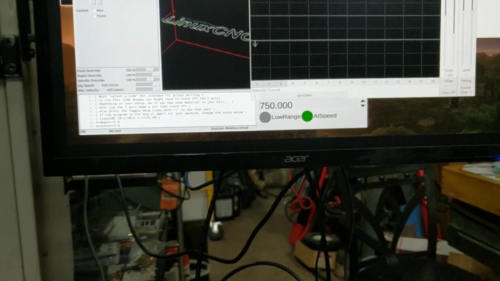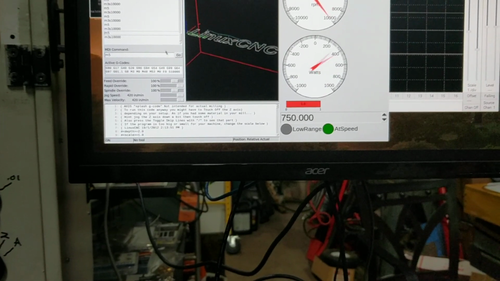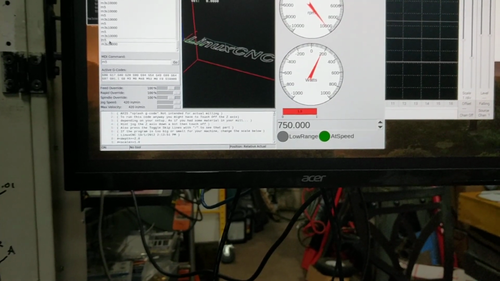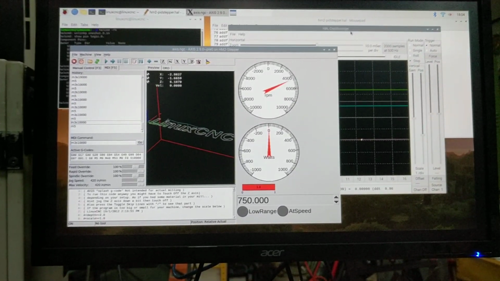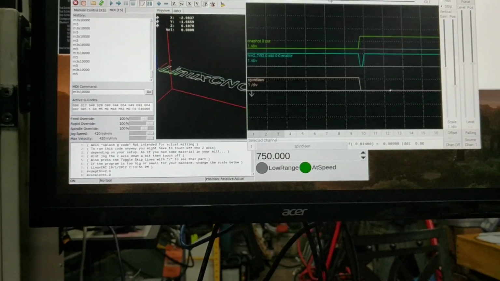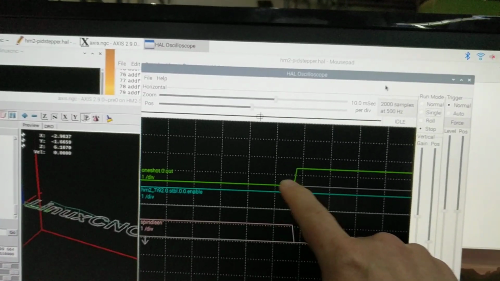I'm gonna run the spindle up here, and I'm triggering the oscilloscope. I'm gonna shut it off. And you see it's not decelerating the way it should. Now if you look at HALscope, so this is my one shot out,